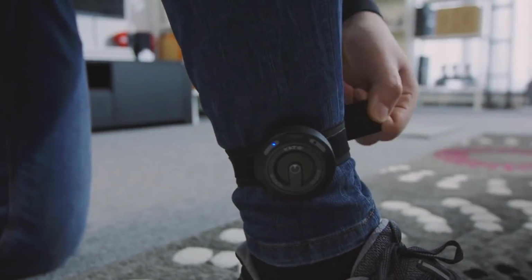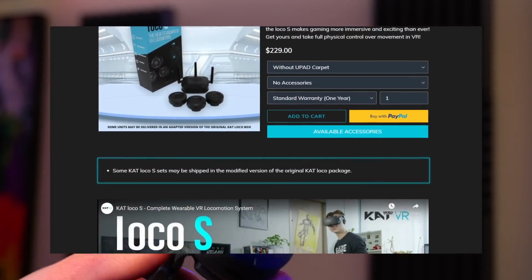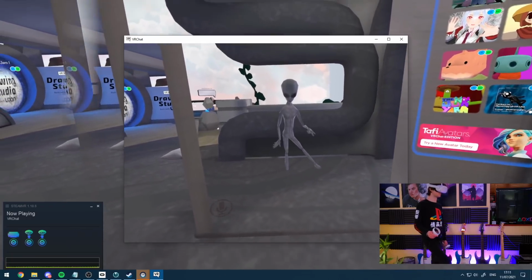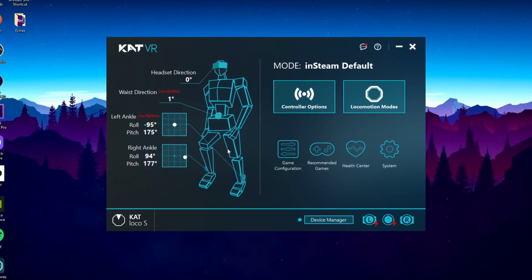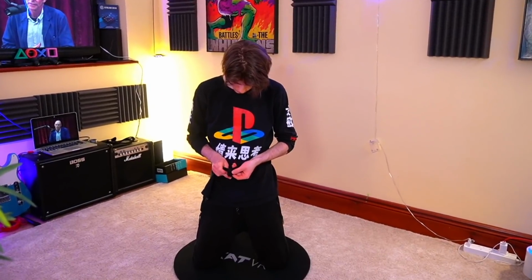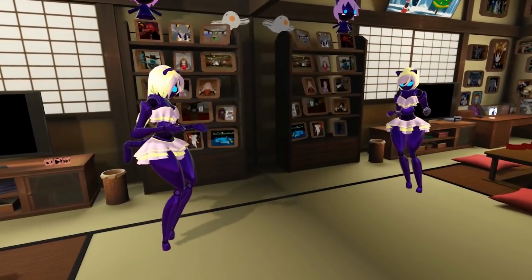I'm not gonna knock KATVR for this, as they don't exactly market this as a full body tracking device. I mean, it'd be a huge problem if they did, because it doesn't really work. I've recalibrated a few times in both VRChat and the KATVR app itself, as well as readjusting the ankle and waist trackers with no luck. So unfortunately, the base stationless full body tracking is going to have to wait until the Quest 3 or 4,